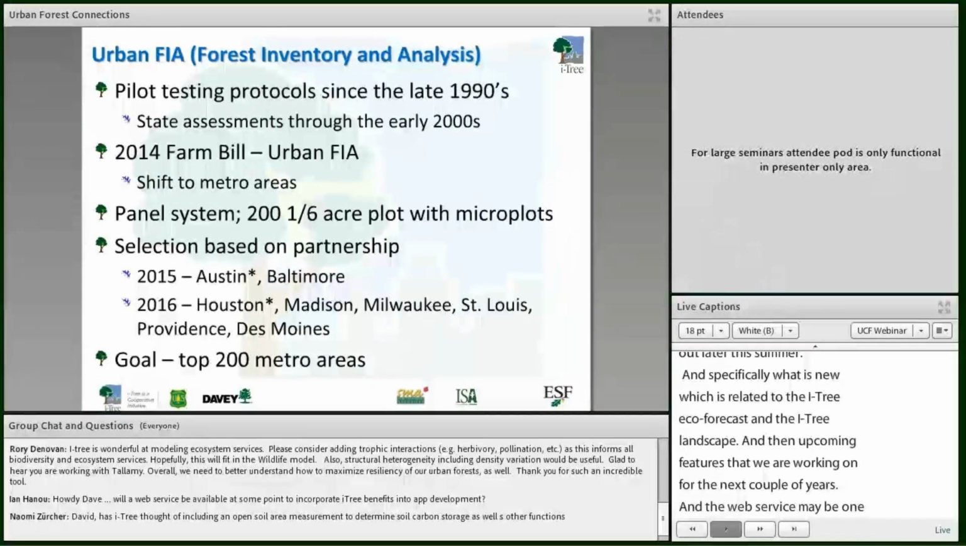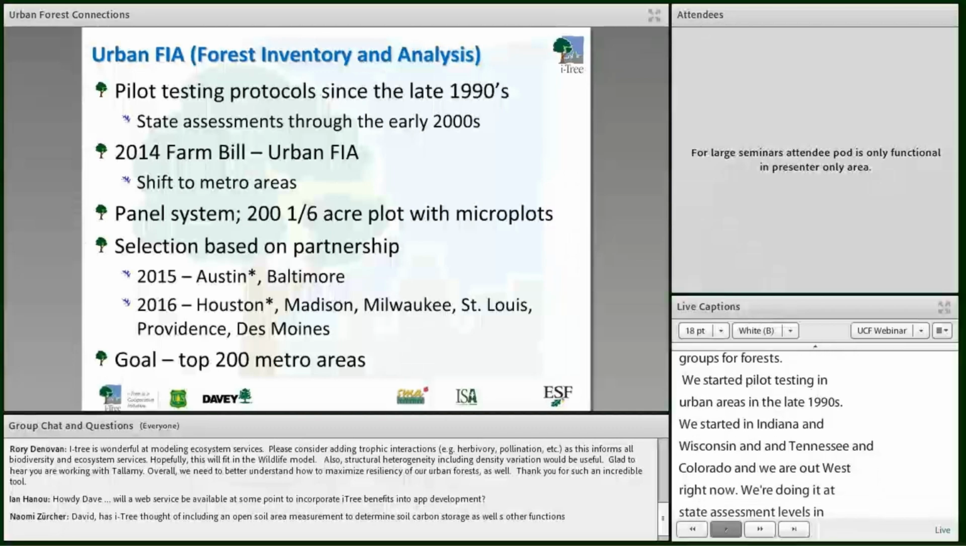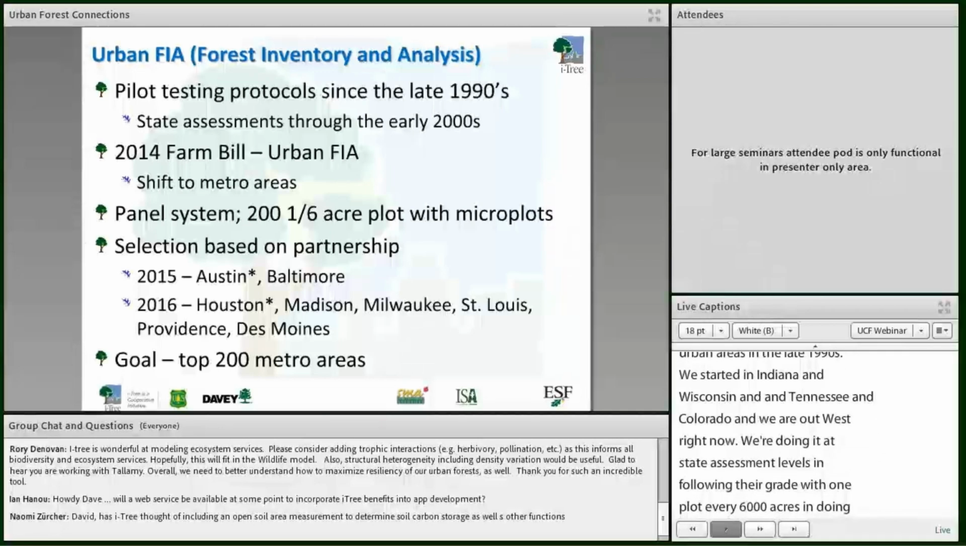So urban FIA, the U.S. Forest Service Forest Inventory and Analysis measures forest data across the country at a rate of about one plot every 6,000 acres. So they're our national inventorying group for forests. We started pilot testing doing urban areas in the late 1990s. We started in Indiana, did Wisconsin, then Tennessee, Colorado, and we're out west right now. And we were doing it at state assessment levels, following their grid of about one plot every 6,000 acres, doing the whole state areas. So we had about 15 years of pilot testing iTree and this process at the state